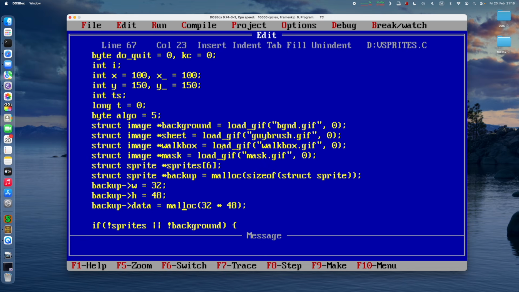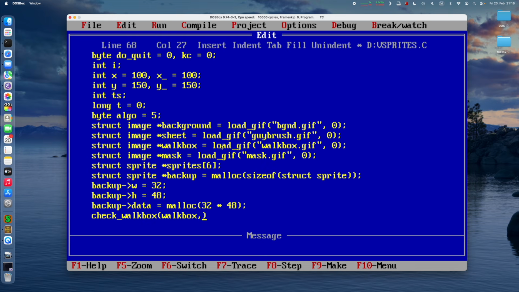Then we also need to initially check the walkbox to initialize the size of Guybrush. We need to sample the color basically of the walkbox to give him the correct size, otherwise it will jump once you start moving. Check walkbox is the function, and we pass it our